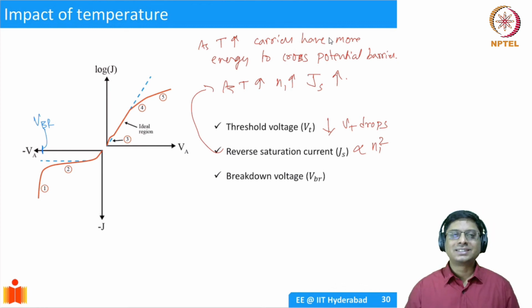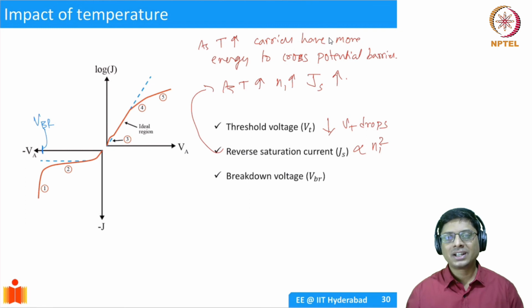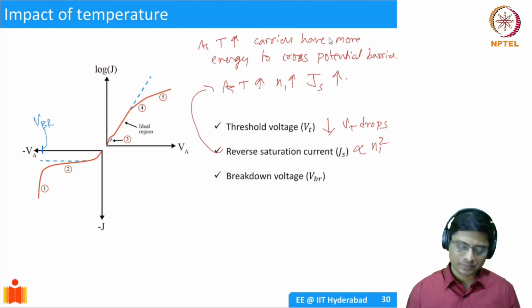Well, this is a little bit more subtle. Let's say you have an avalanche process, avalanche multiplication happening. Your carrier is gaining kinetic energy and then transferring it to the lattice and creating electron-hole pairs. But if you increase temperature, the carriers are going to scatter much more. The scattering time reduces, because of which the efficiency of the avalanche multiplication process is reduced.